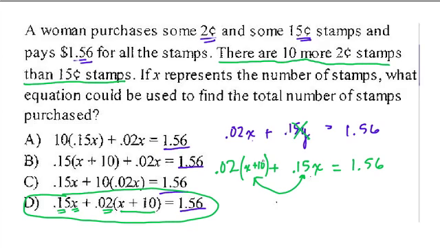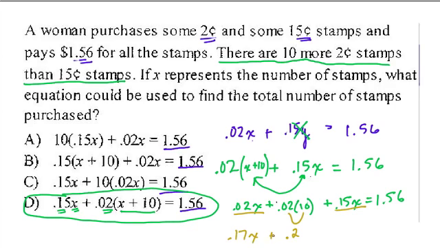And we could even solve this. 0.02 times X is 0.02X, plus 0.02 times 10, plus 0.15X is going to equal $1.56. So here 0.02 times 10, if we do that multiplication, what do we get? Well, we get 0.2. You can think about 10 times 0.02 would make 0.02 ten times greater, so you get 20 cents. And then we can combine 0.02 and 0.15. We get 0.17 times X plus 0.2 equals